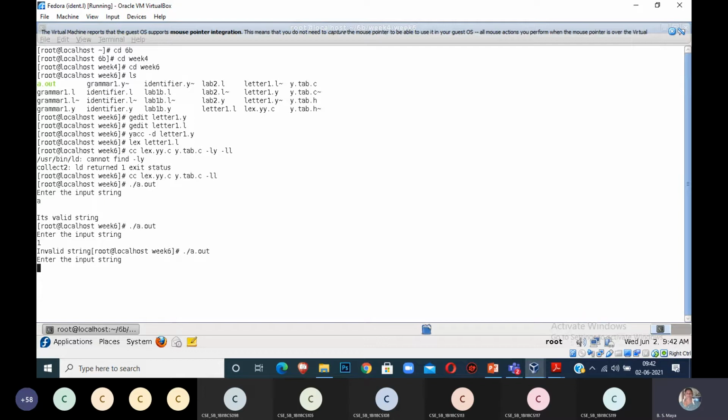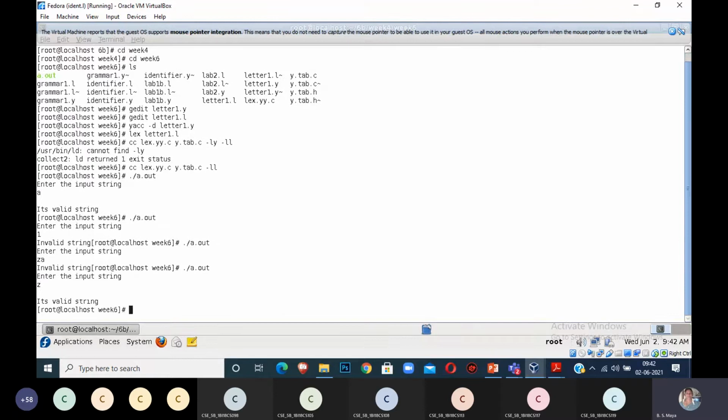If you give ZA, because I am giving only A to Z, only one character should be read as an alphabet. If you give more than one, it will say invalid string. If you press only Z, the output is valid string. Okay, any doubt? Is it clear?